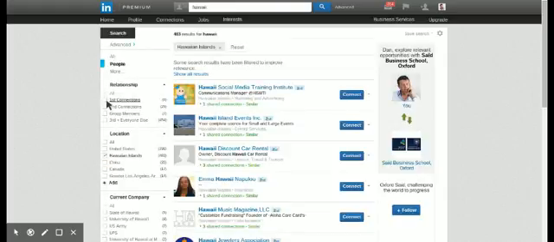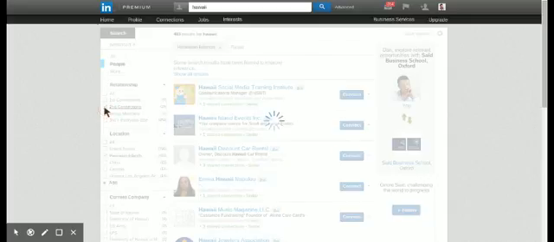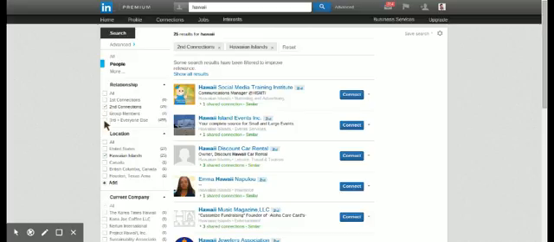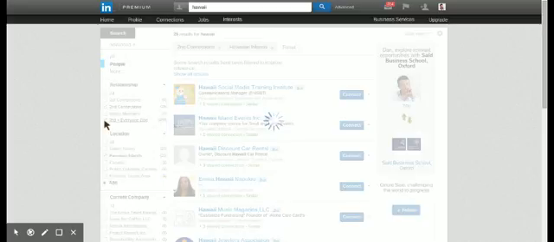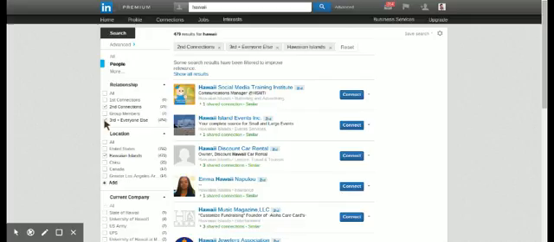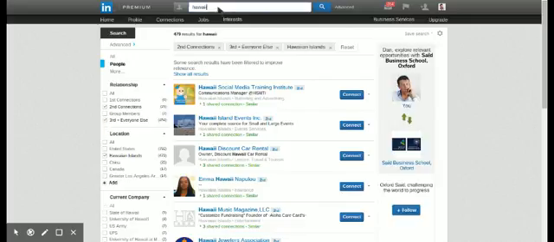And I don't want first connections because I've already got my first connections as part of my LinkedIn connection number, so I'm already connected with them. I'm not interested in joining them. This is the group I want: second and third. Again, I'm going to knock out